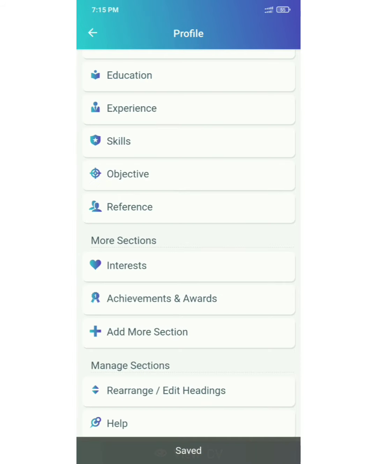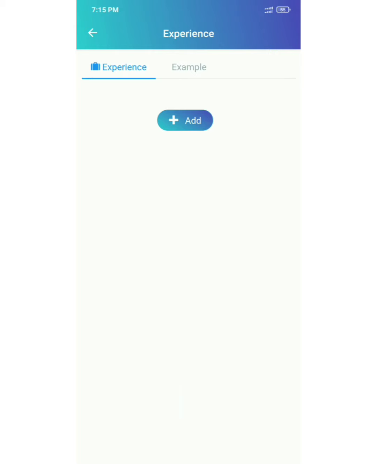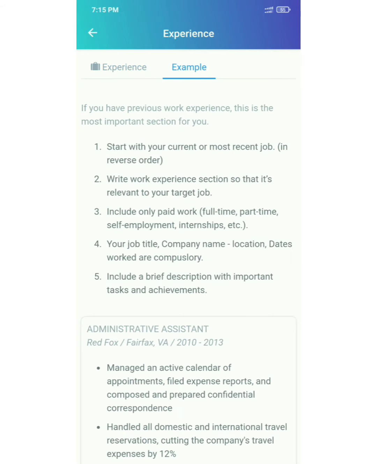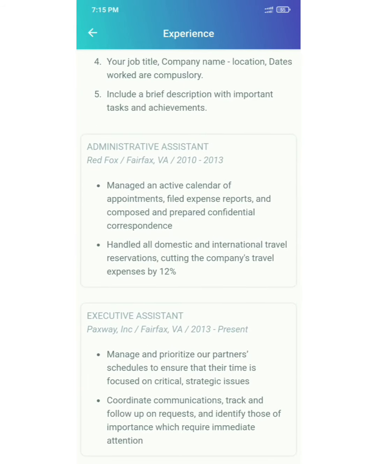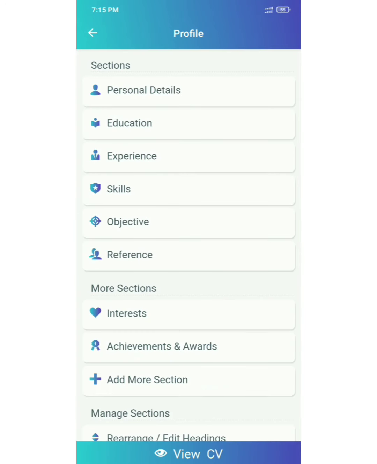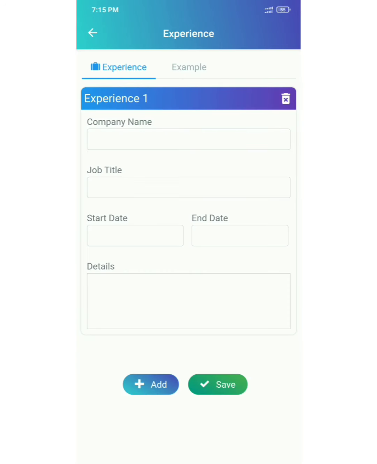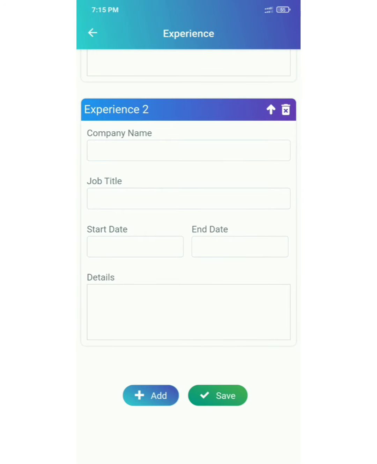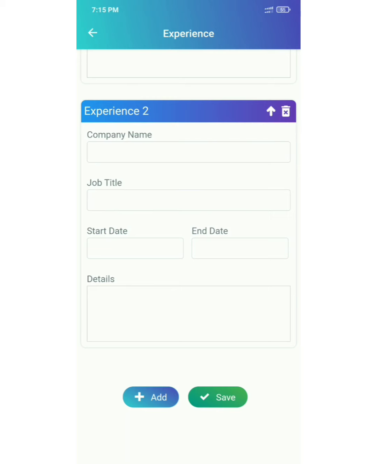Now when it comes to experience, freshers feel a little stress about it. But don't worry, even if you are a fresher, you can tell them about your internships. Just enter your company name, enter the title as intern and mention your experience in the details section. Also you can enter the projects you have made in your lower semesters. That does count in your experience, and this is the bonus tip I was talking about. Just enter the details about the project and leave the other columns blank and save your information.